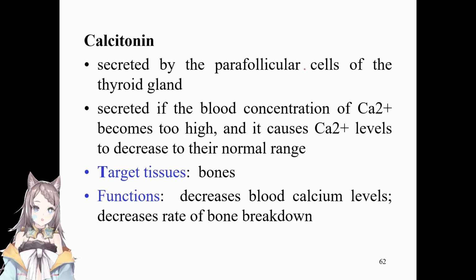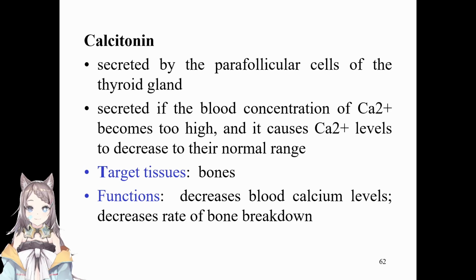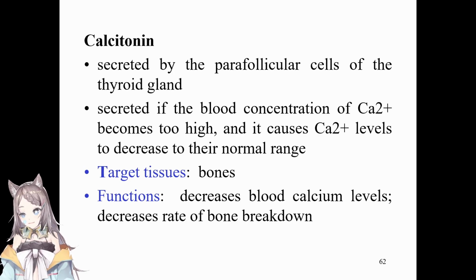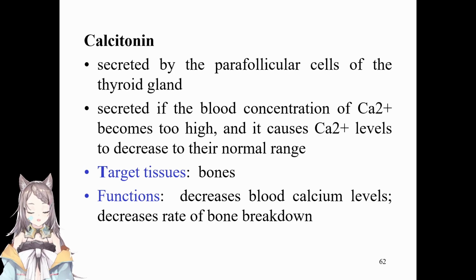Okay, so your bones are actually a source of calcium. To reiterate, your calcium is actually sourced from your bones. So your bones are a good source of calcium. Your bones are broken down by cells called osteoclasts, which primarily break down bones into usable calcium. So what calcitonin does is it decreases the activity of osteoclasts, leading to lessened bone breakdown, leading to lower calcium levels in the blood.